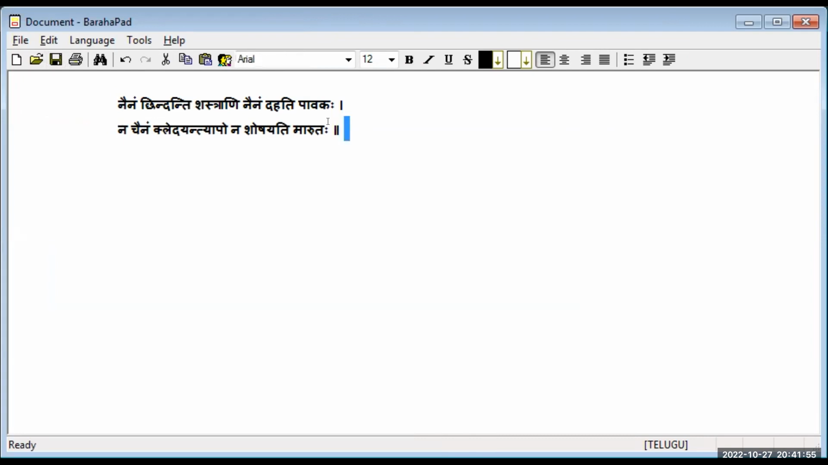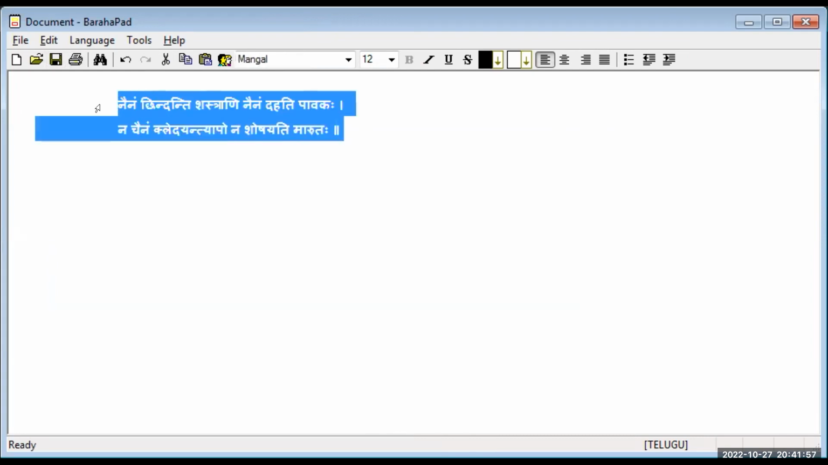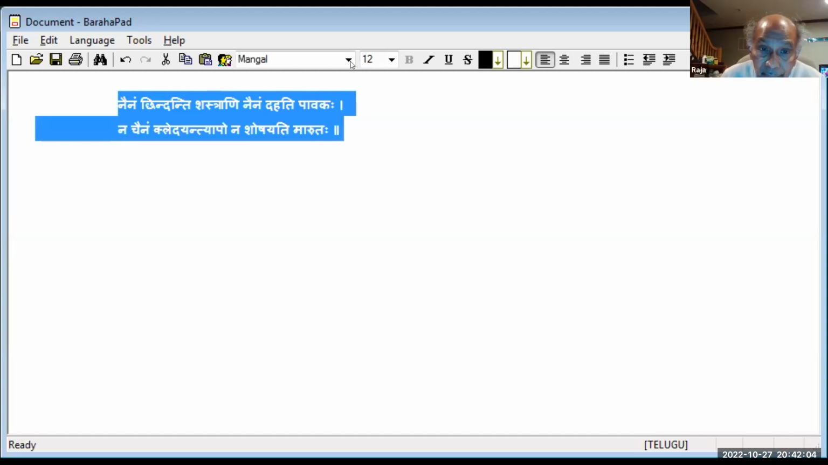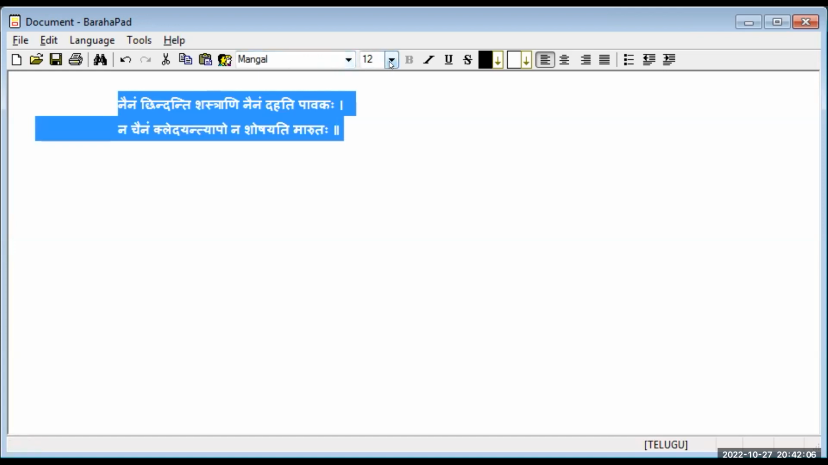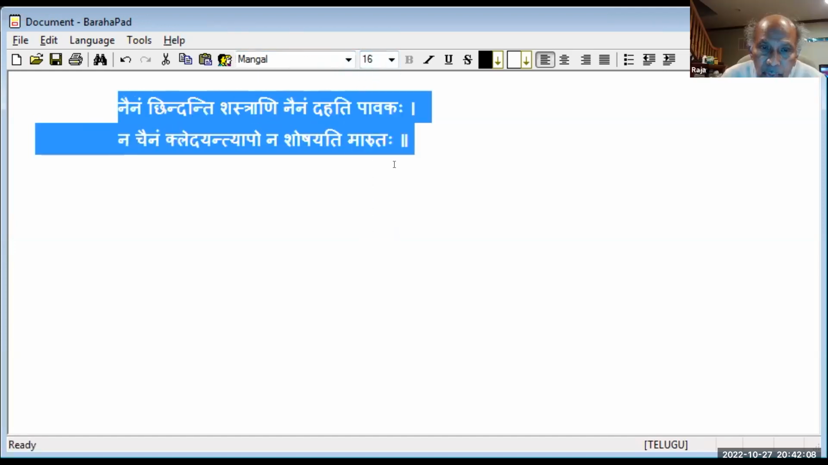Sir, how do you type multiple languages in the same file like you are doing? You are typing both English and Sanskrit. You can type two languages at a time. Uh-huh. So this is what I'm doing. Let me help you with this. I'm using the Baraha